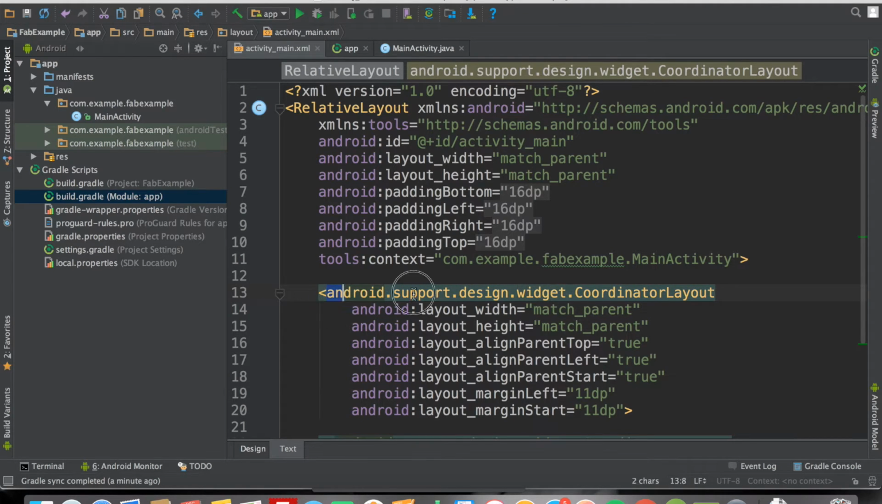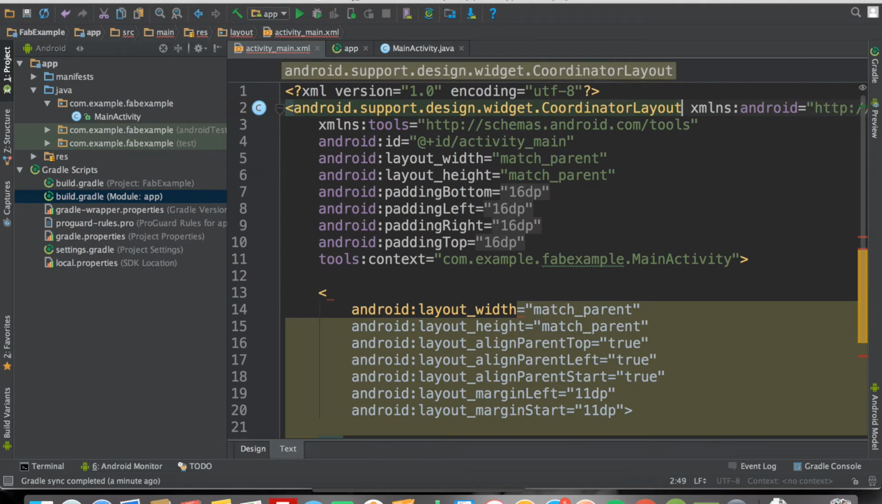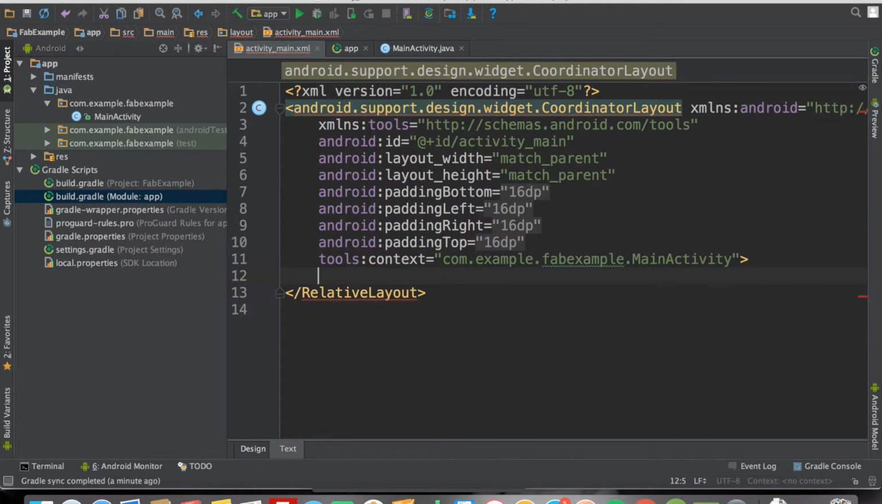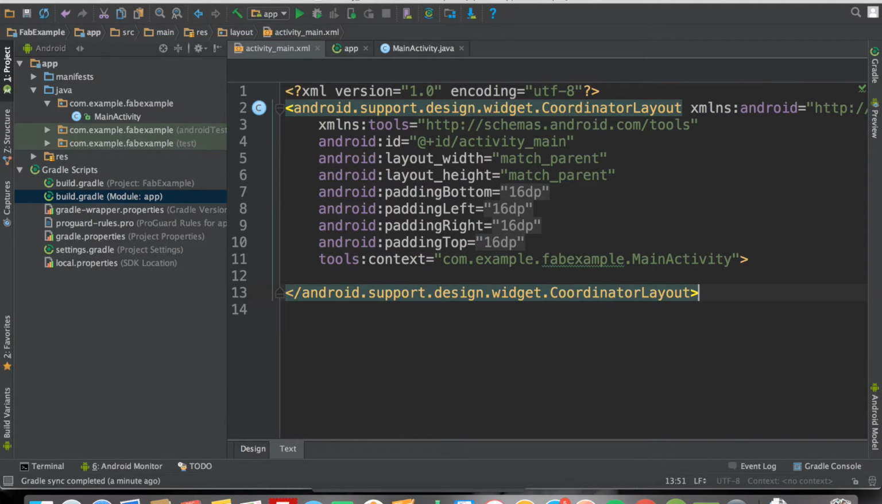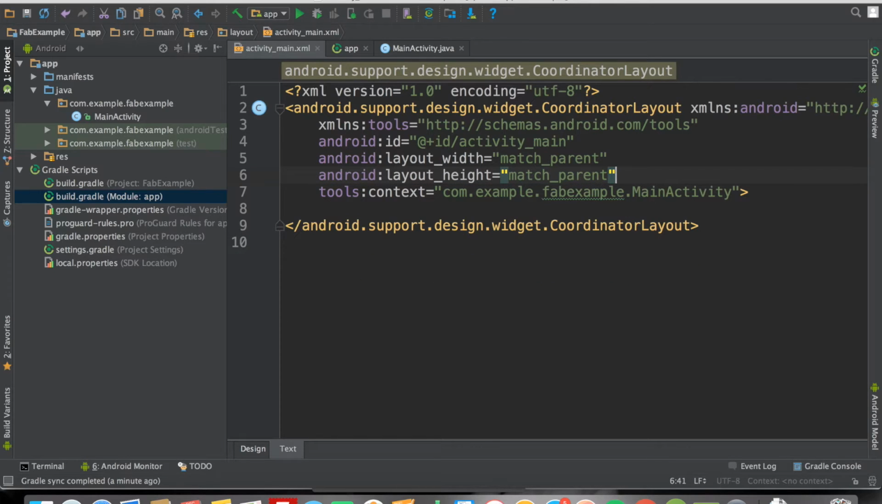Okay, let me just copy that. I'm going to replace it with the relative layout right here. I'm going to delete this, I don't need that anymore. And I'm going to change the closing tag with coordinator layout. Next, I'm going to remove the padding which was provided with the relative layout, and then